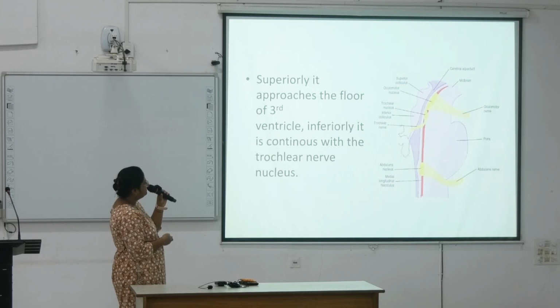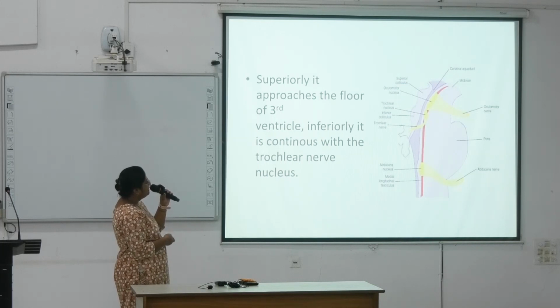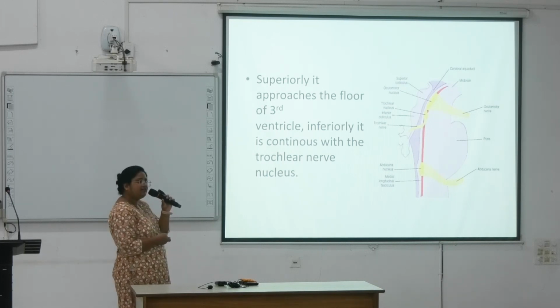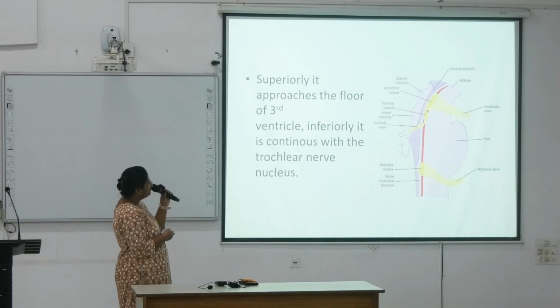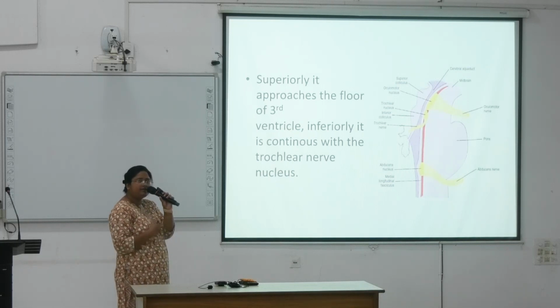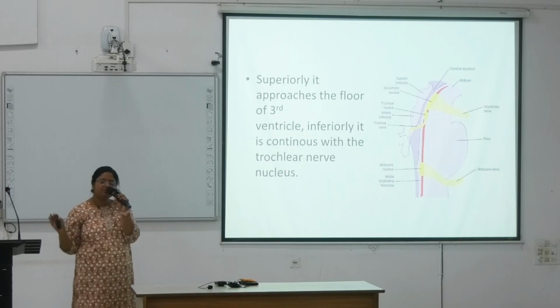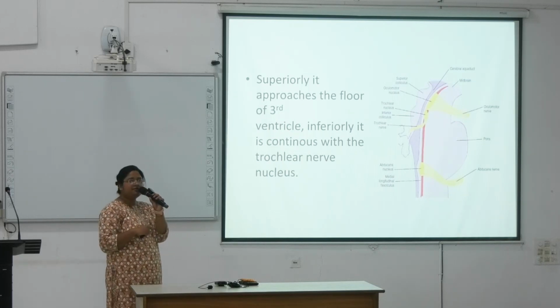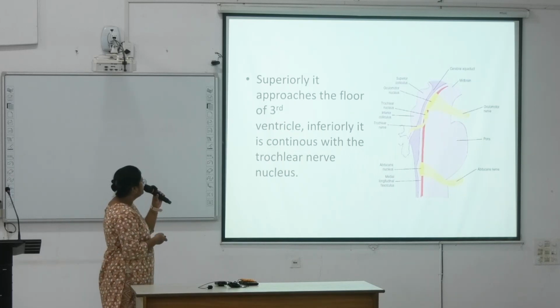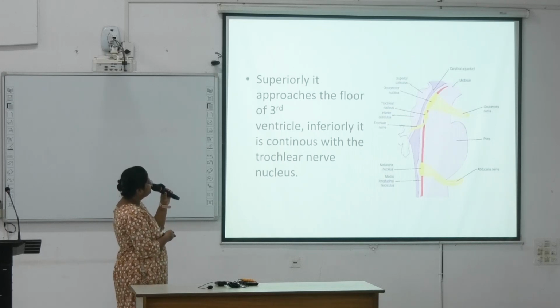This is a sagittal section. So this part is midbrain. Here is pons. Here is medulla. So in the midbrain portion, see, this is the oculomotor nucleus. Below this nucleus, here lies the trochlear nucleus. Okay, the oculomotor nerve is coming out ventrally. Most of the cranial nerves are coming out ventrally. Only cranial nerve coming out dorsally is this trochlear nerve. Okay, understood? This is very important for your MCQ. Which cranial nerve is coming out from the dorsal aspect? Only cranial nerve, that is trochlear nerve.